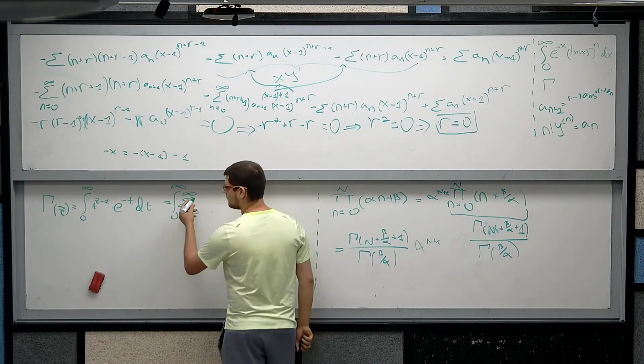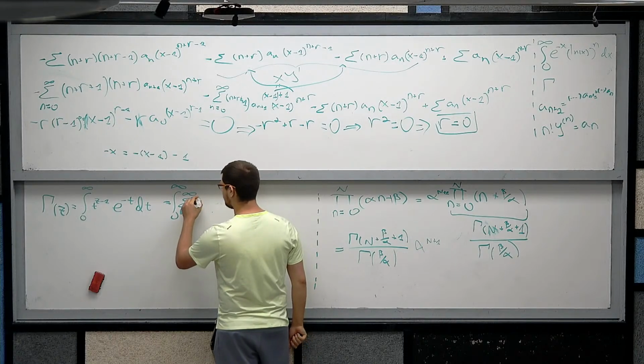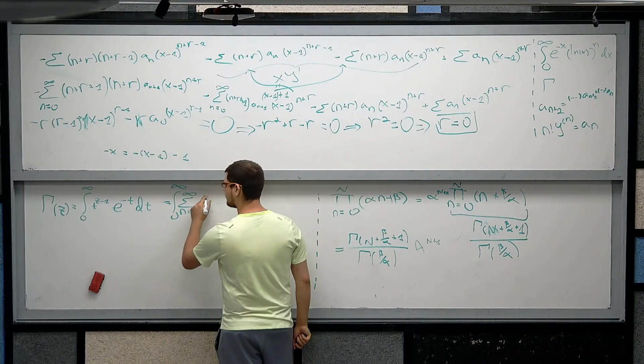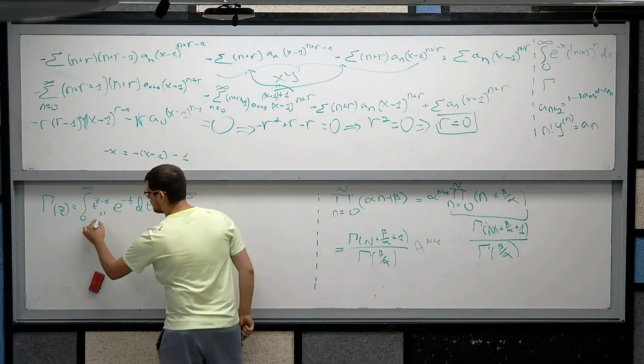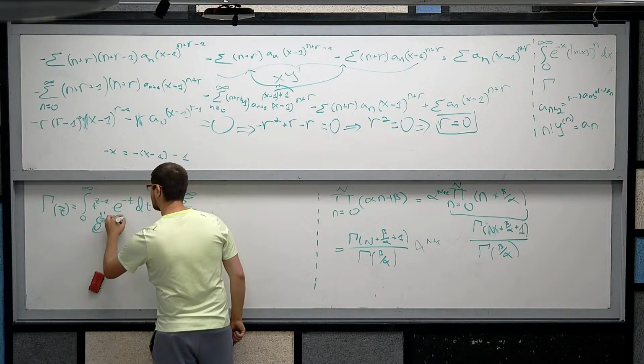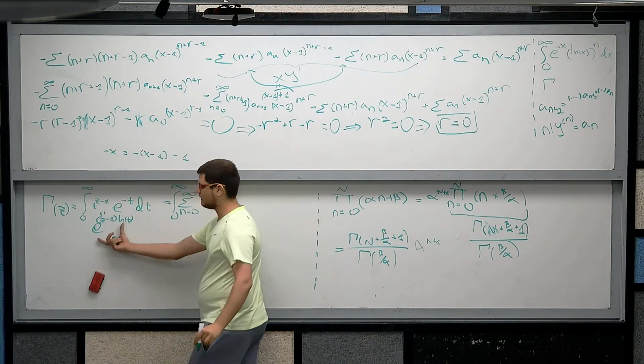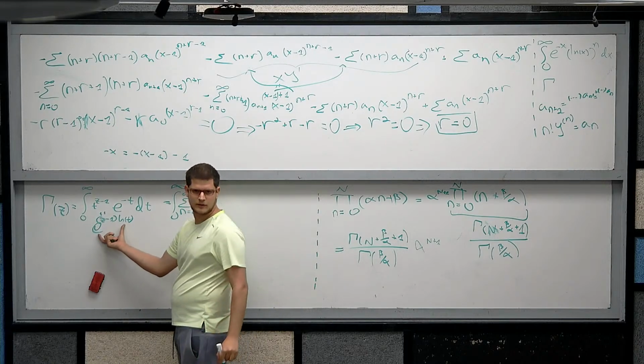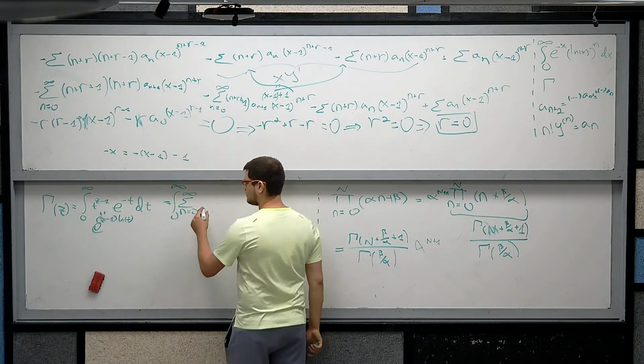Maybe that will be more straightforward for you. If I take that to be e to the z minus 1 times ln t, and then take the Taylor expansion of that thing, we get